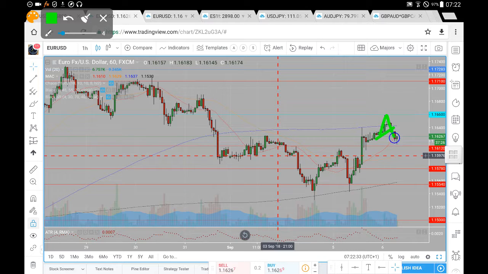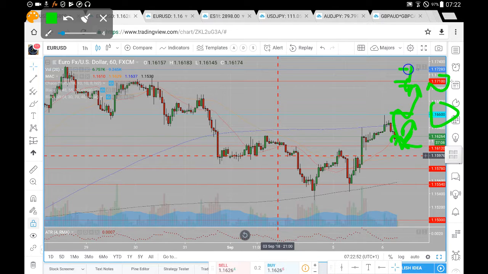From that 1660, with the confluence of the 200 period moving average, we have seen a bit of a pullback here towards that 1612. We've not quite tested 1612, but we are seeing a bit of buy side momentum return to the market at present. So if we do see either a true test of 1612 or we do see this bullish buy side momentum, we're looking for a price head up towards that 1660,